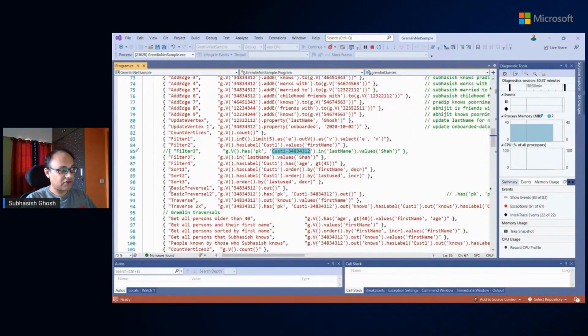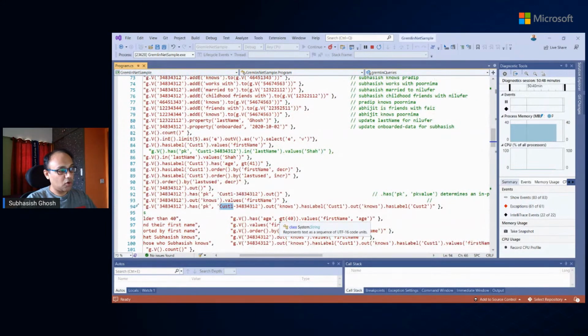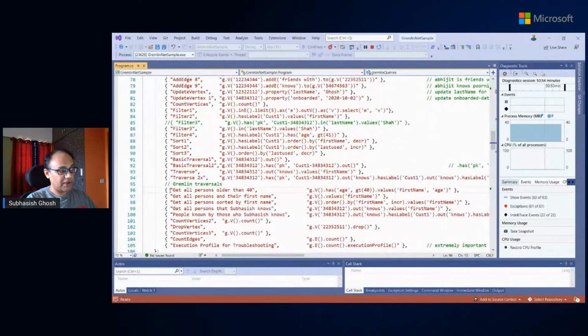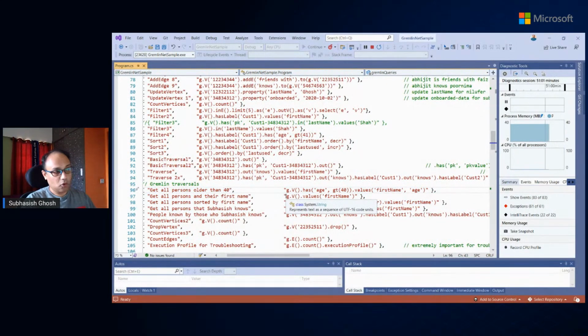Of course, we had traversals, so we tested the basic traversals, for 1x and for 2x. For example, this one specifically is for folks that know customer 1 but also know customer 2. Then we had query patterns like this. For example, we wanted to understand all people older than a certain age and then create more complex relationships between them.